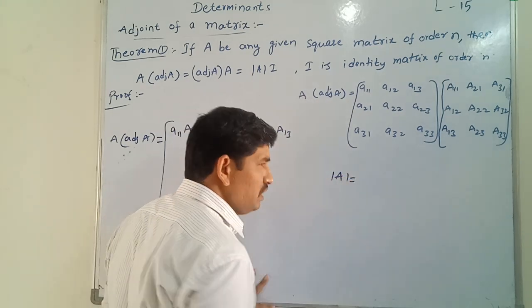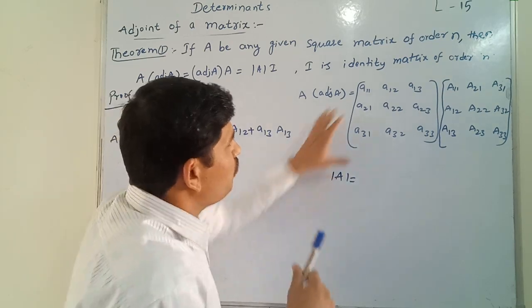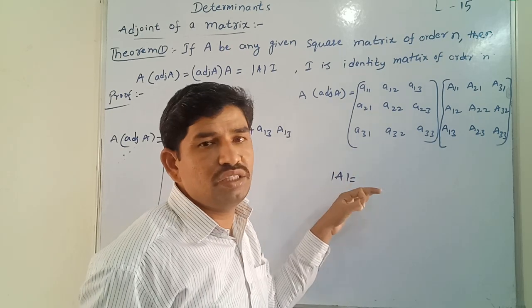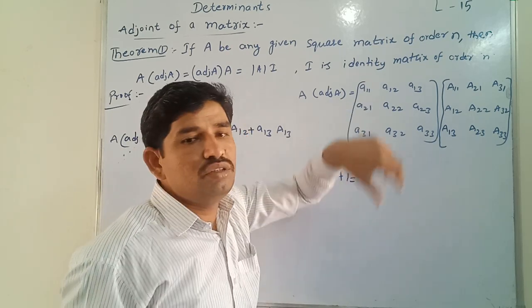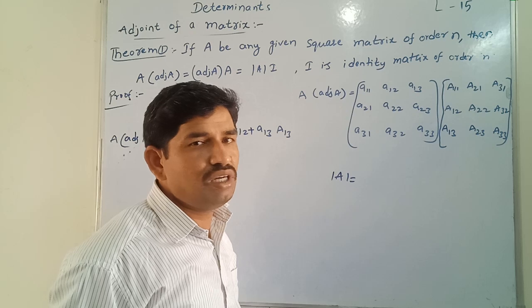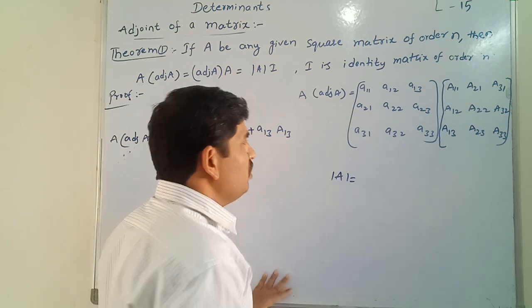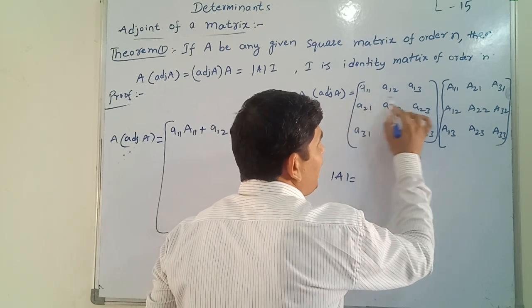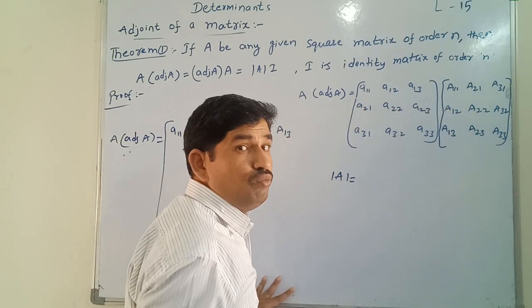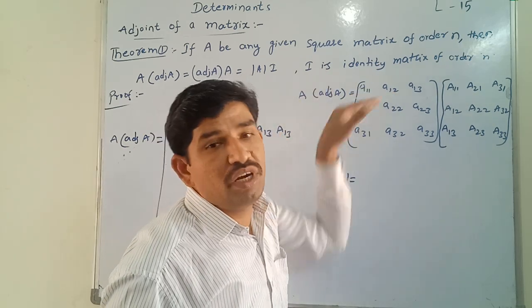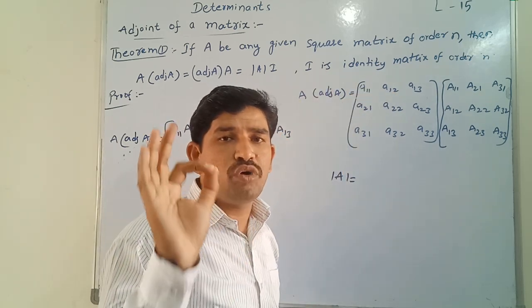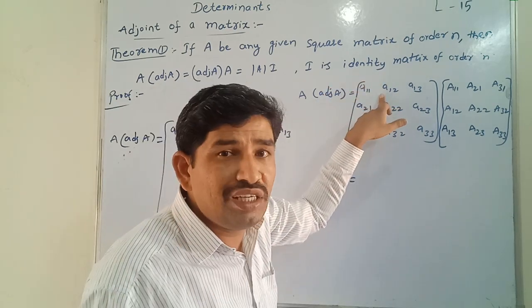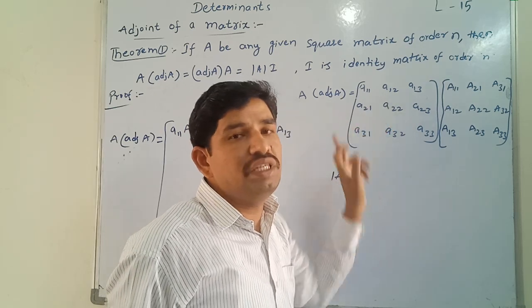Determinant is nothing but that A is equal to the determinant of, if I give this matrix, by using the cofactors you have to expand the determinant. See, we will write here by taking the matrix A. If you are going to expand along the first row, we have to take the corresponding cofactors of this. The sum of the product of the elements in the first row with their corresponding cofactors is nothing but what? The determinant. Yes or no?